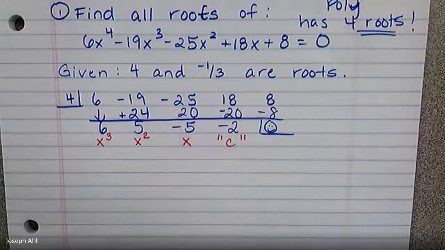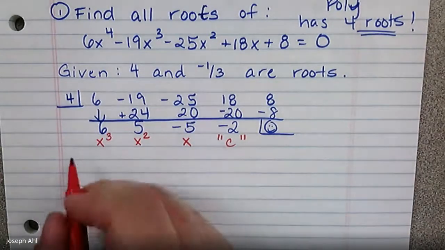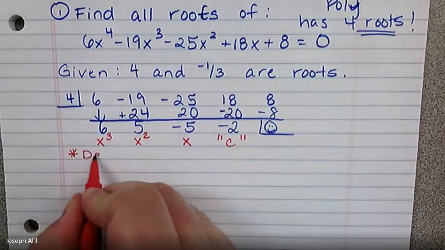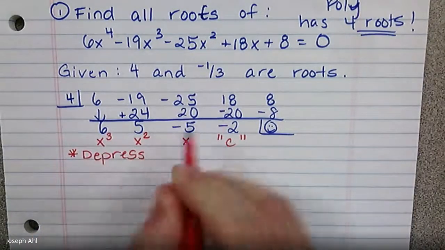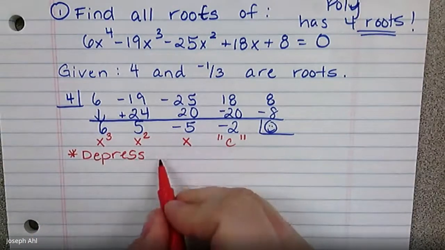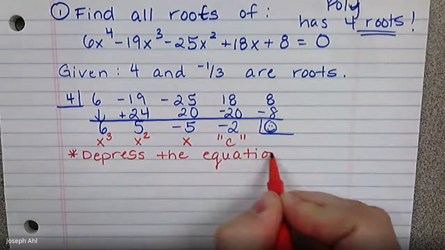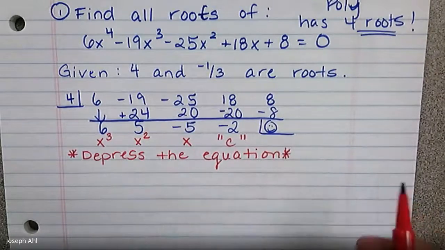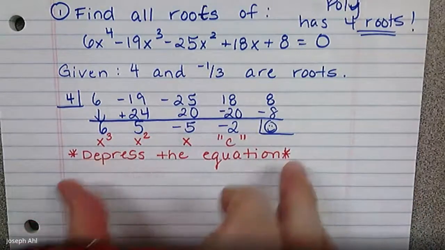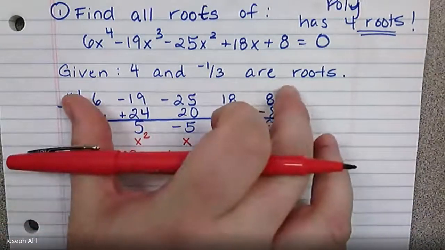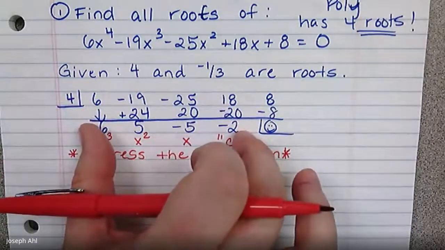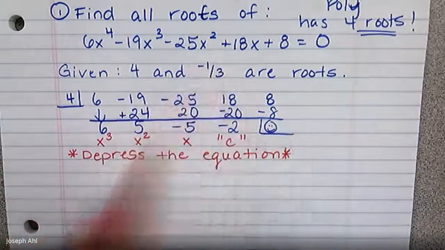So we're not quite down to a quadratic yet. Quadratics are nice because we know how to solve them. We can factor them. If it's not factorable, we got quadratic formula on our side. You need to do a step that sounds sad, but it's really not. It's actually a happy step. It's called depressing the equation. And like I said, depressing sounds like it's sad, but depress in this instance just means we're going to take the equation from a fourth degree, shrink it down to this cubic that we have left, and test negative 1/3